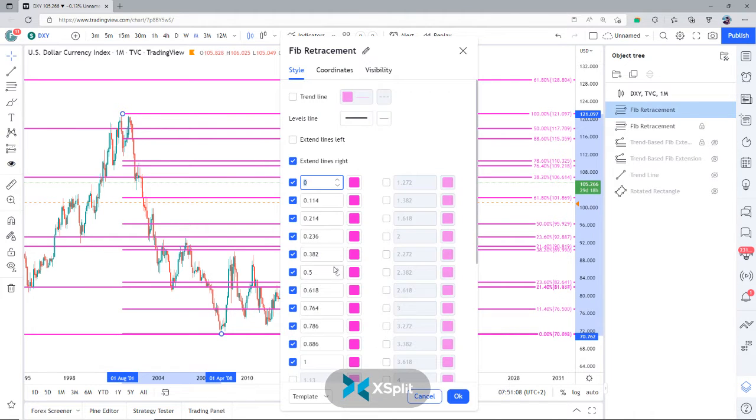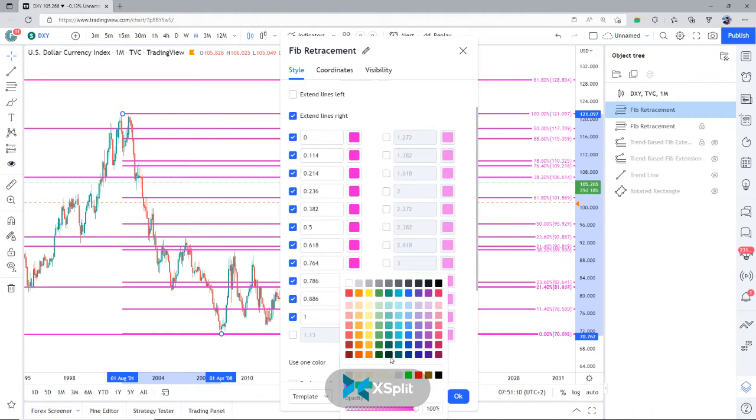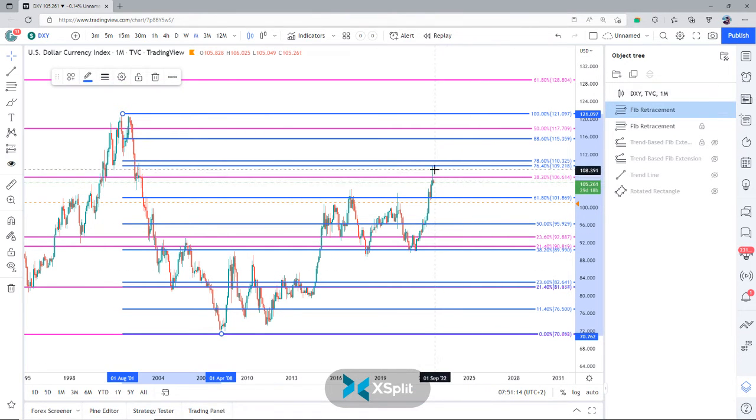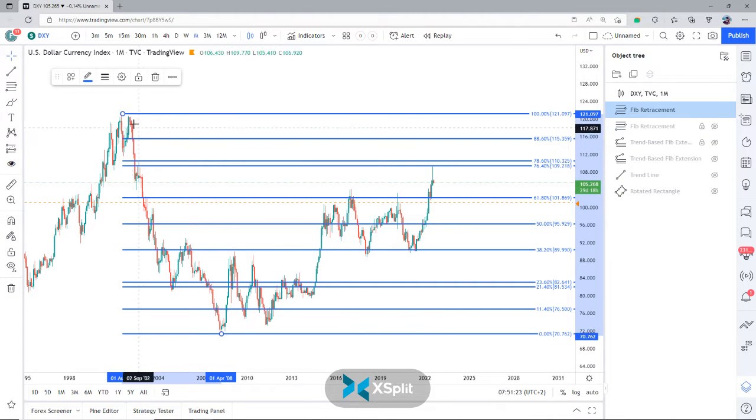Let me change the color. It will be easier to see, of course. So I prefer to use this fib, and what we see is we stop there. We take off the other retracement, and you see on this retracement we stop to the pip on the 76.40 fib,